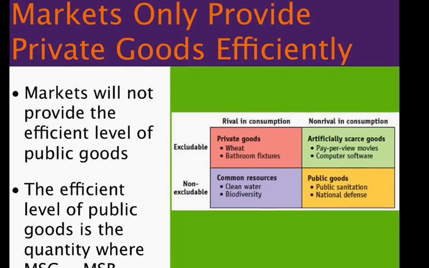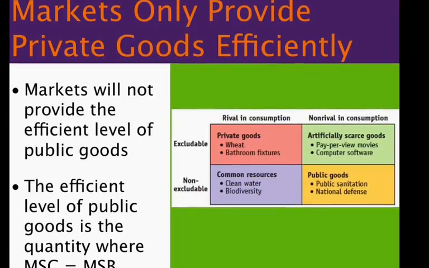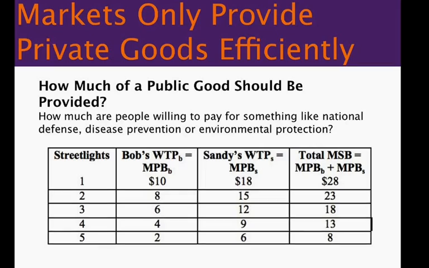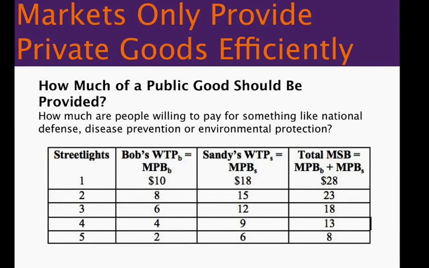We know this. So let's do an example of how we try to find how much of a public good should be provided. Street lights along a city street are a public good. We're going to admit that. How many lights should be provided in the city? Here's the question that the city manager has to deal with. Suppose that Bob and Sandy are the only two residents, and they truthfully tell the government how much they'd be willing to pay for each streetlight.